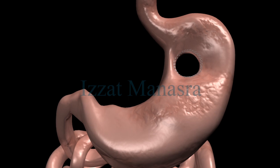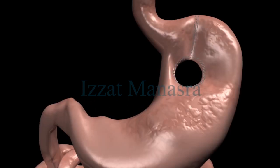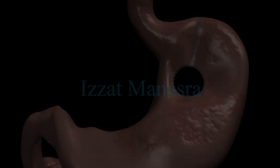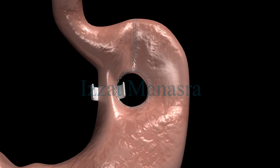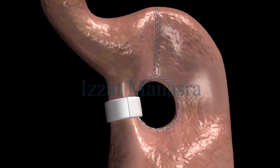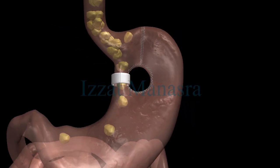In vertical banded gastroplasty, also known as VBG or stomach stapling, your surgeon will cut a window in the upper part of your stomach. He or she will place staples in your stomach around the window and toward the esophagus to create a small pouch on top. Next, your surgeon will pass a rigid plastic band through the window and wrap it around the small outlet of the pouch, which will prevent stretching. Food will move from this pouch through a tiny opening into the lower stomach and the rest of the digestive